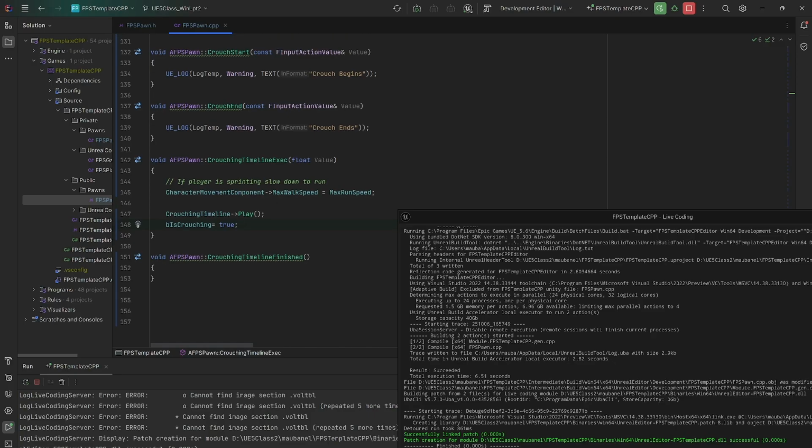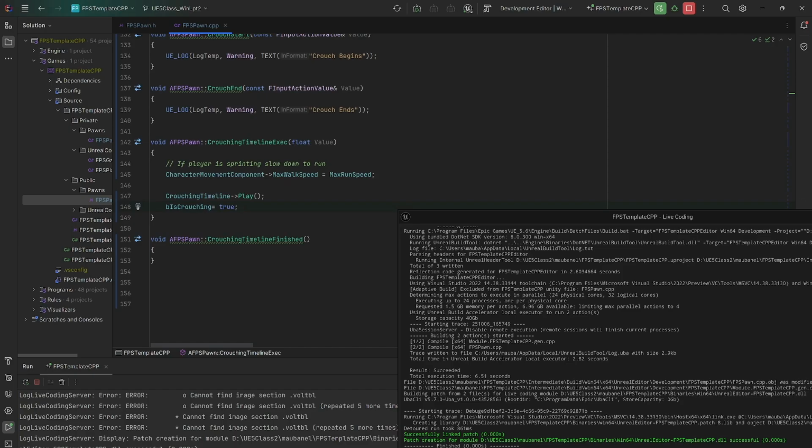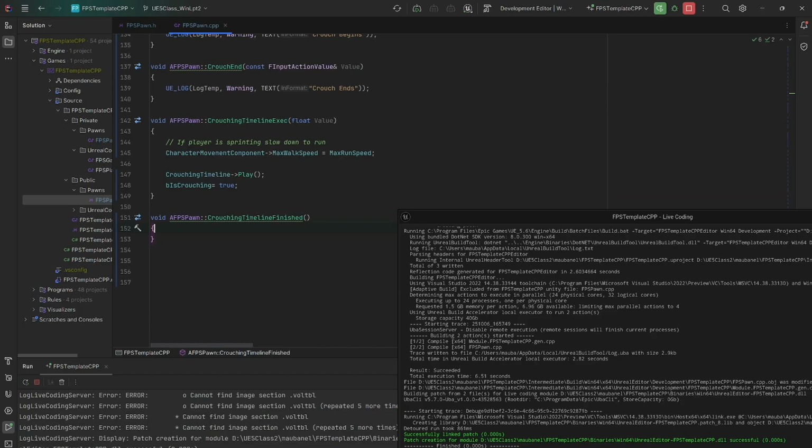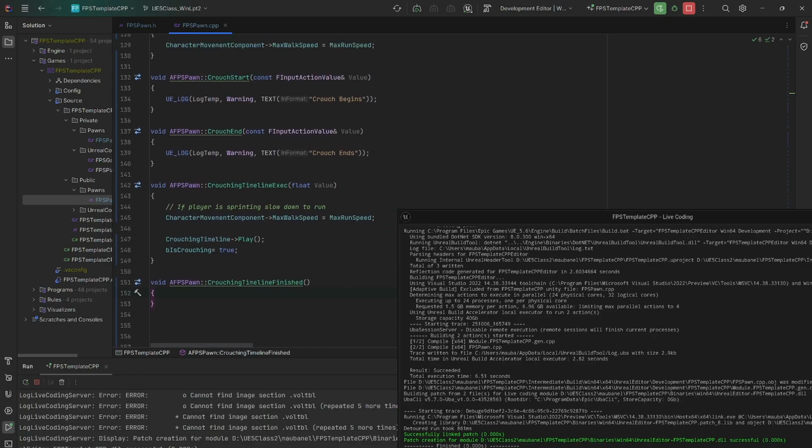And then on the crouch end, we'll figure that out because that's a little more complicated. So on the crouch start, we play the timeline, and that will call the crouch timeline exec. So that's going to call crouch timeline exec, where,